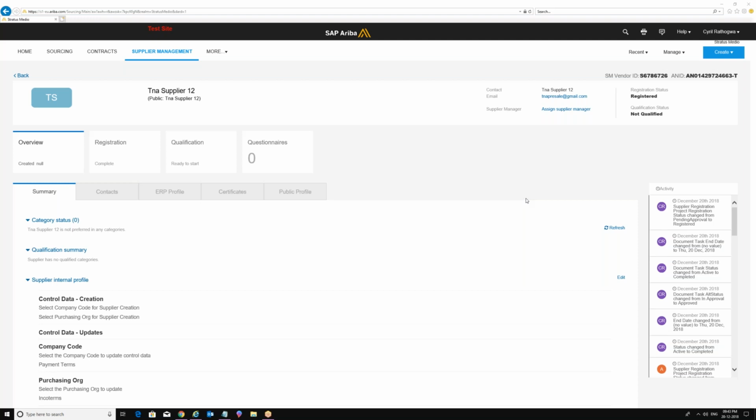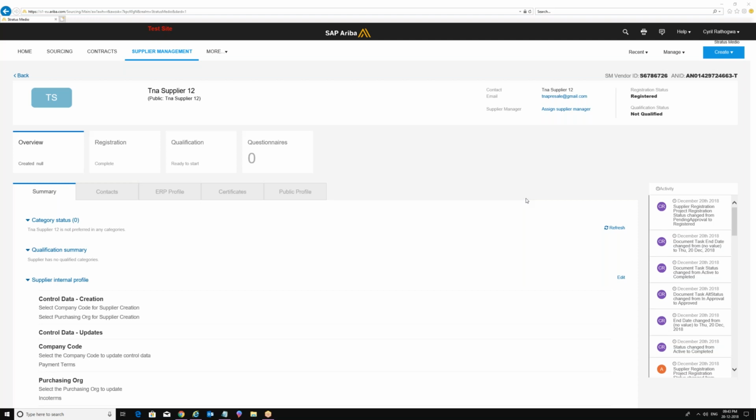A supplier becomes a preferred supplier only when they have already won at least a single contract to their name. That will happen once the sourcing process ends and the contracting process ends; then they will become a preferred supplier. Else, they will not become a preferred supplier till that time.